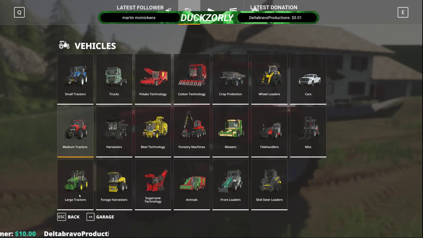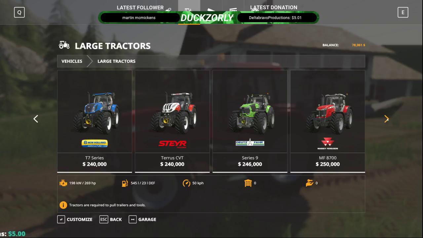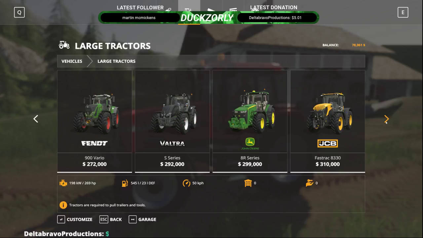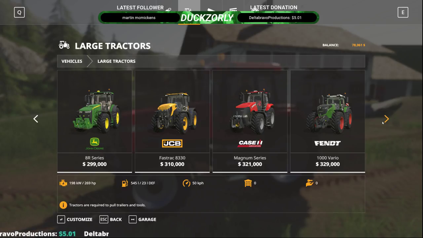Okay. The large tractors, we've got the 7R series from John Deere. We've got the Optum series from Case, the T7 series from New Holland, the Steyr Terrace. We've got the Series 9 from Deutz-Fahr, the Massey Ferguson 8700, the T8 from New Holland, the 900 Vario from Fendt, the Valtra S series, the John Deere 8R series, the Fast Track 8330, the Magnum series from Case, 1000 Vario from Fendt,